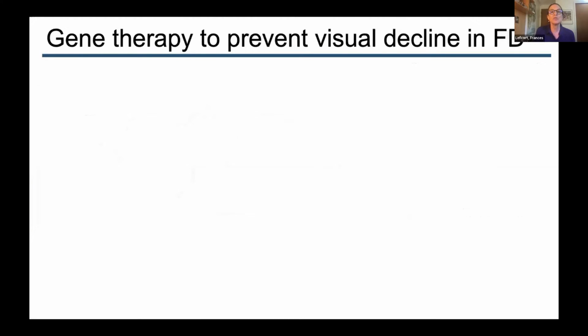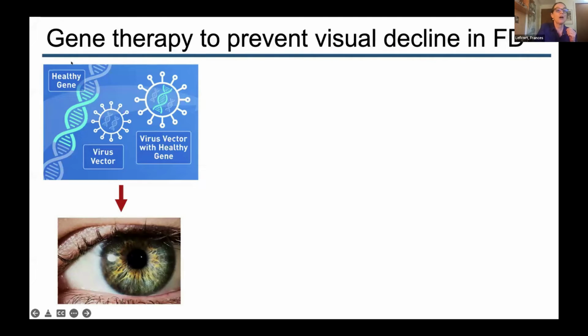The other major project we're working on is, as Dr. Kaufman introduced, gene therapy, where you introduce a healthy copy of the ELP1 gene. You put it into a virus, and you then can inject that into the eye. Now, gene therapy could be used, as Dr. Kaufman said, to do a systemic delivery, but we thought it was worth, for many reasons, starting with the eye and seeing if we could prevent death of neurons in the retina.